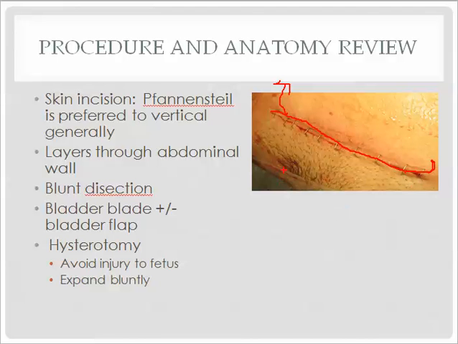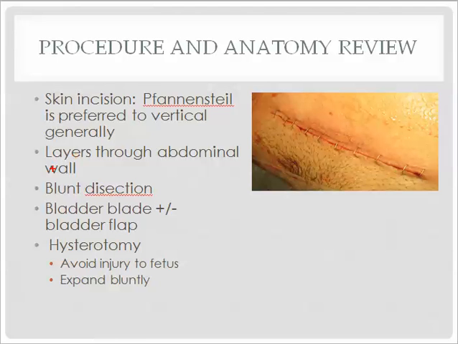This is a low abdominal incision above the pubic symphysis, and it's preferable to a vertical incision for a couple of reasons. Firstly, it gives you a better cosmetic look. It's also associated with faster recovery time and less pain, so that's why it's preferred. But a vertical incision could be quicker,